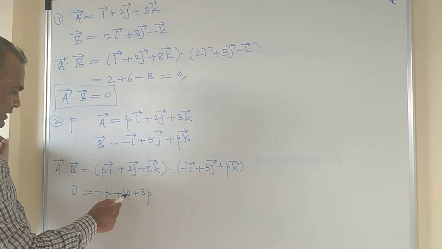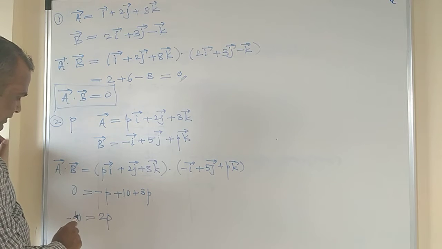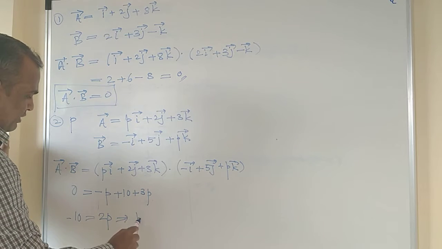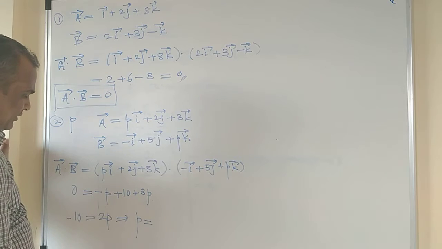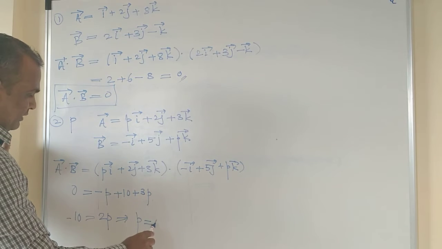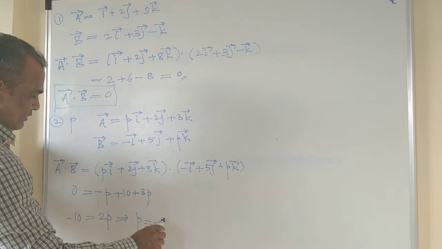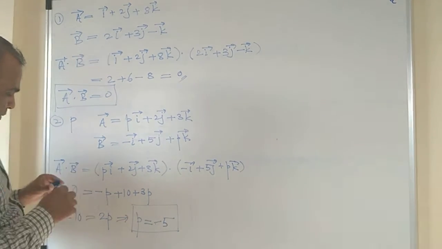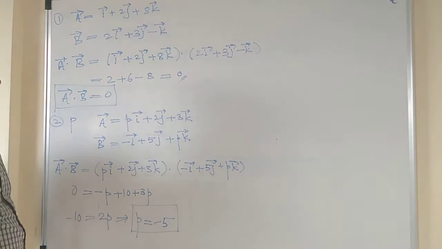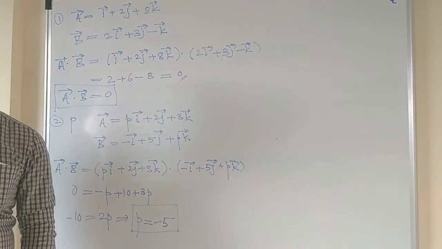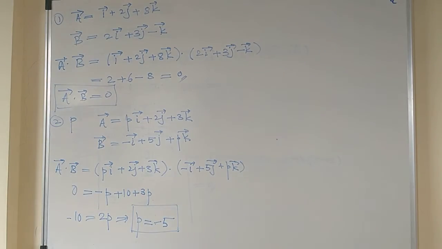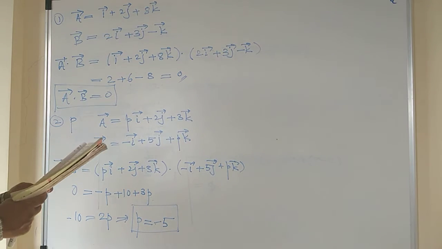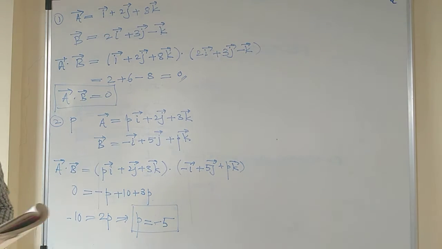So 2p, this 10 will become minus 10, and thus this will give me the value of p equal to minus 10 by 2, that means minus 5. Thus the value of p is equal to minus 5 when a bar and b bar are perpendicular to each other. Now let's go for the next problem,